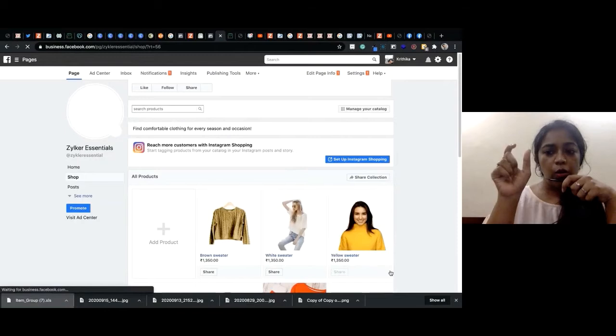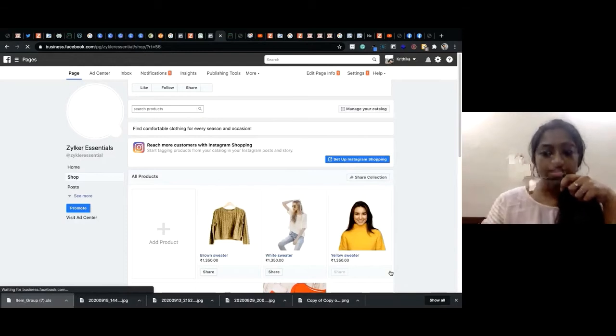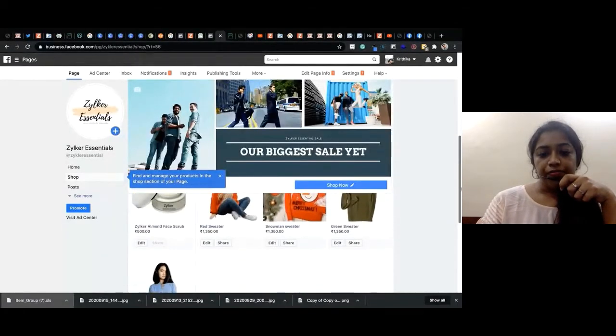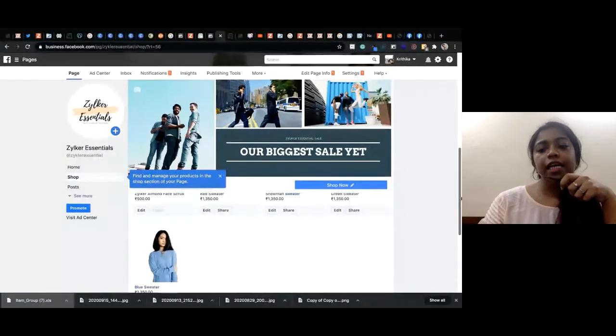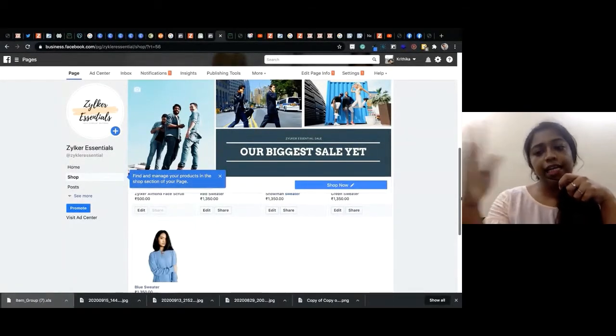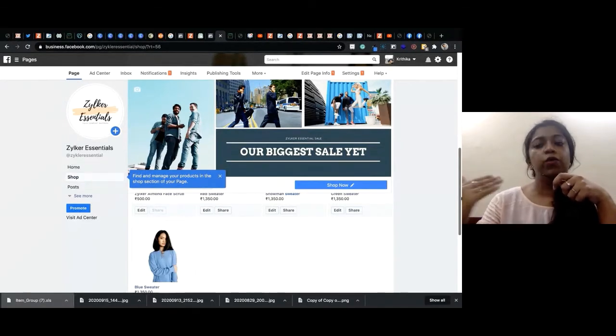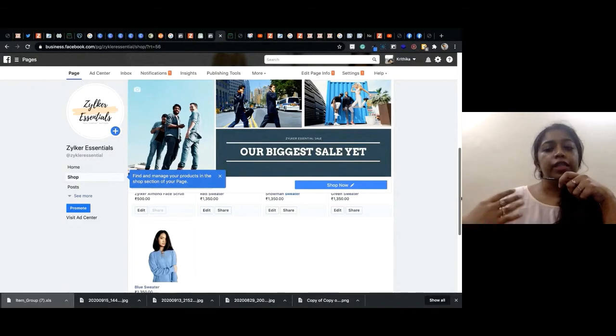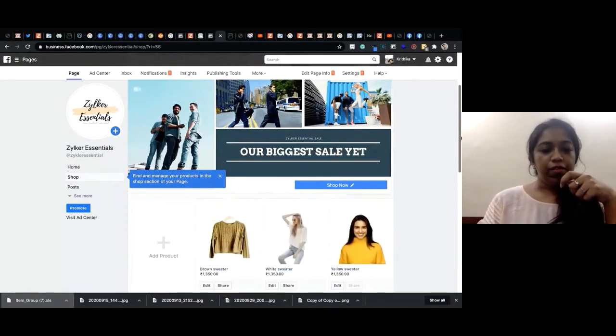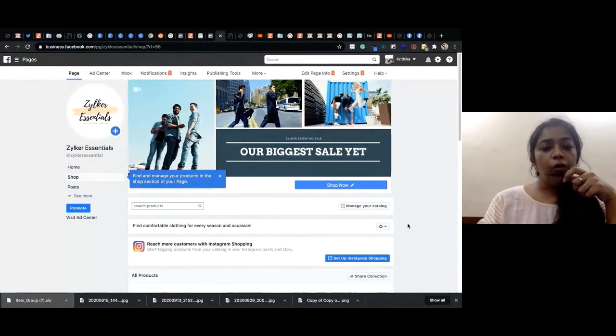Ideally, there will be a store button on your page, so that will automatically appear, and once you click on it, you can see all the products listed under that. All of your followers will have the option to see your products. Clicking on the product, they can click on shop now, and they would directly land on the product page itself. They wouldn't be redirected to your home page or anywhere else. So their shopping experience is seamless, and the conversion rate will be much higher because they land on the right product, and it is all automated. Ideally, this is how Facebook and Zoho Commerce talk with each other.